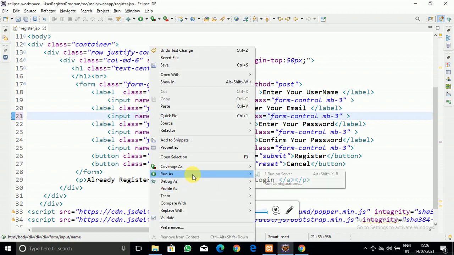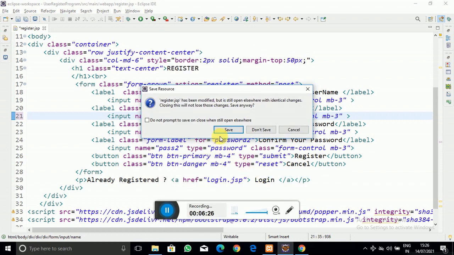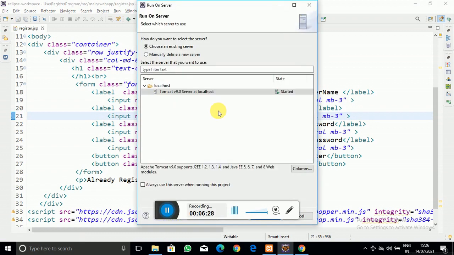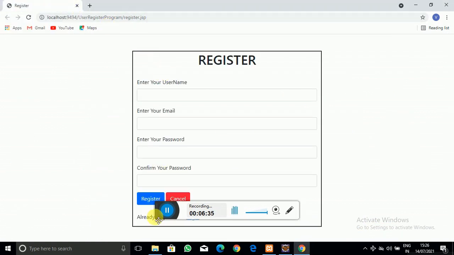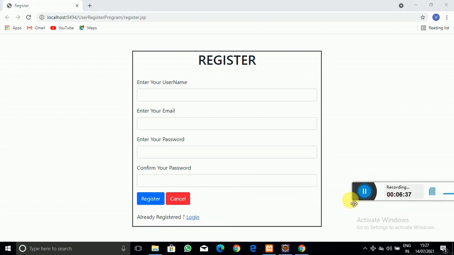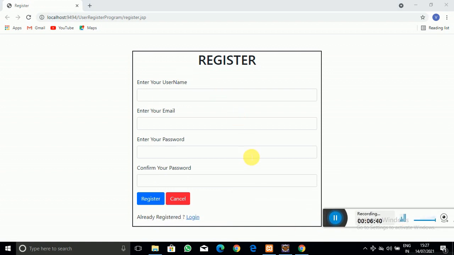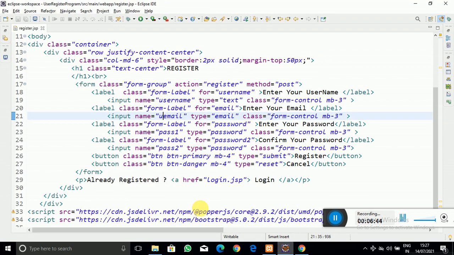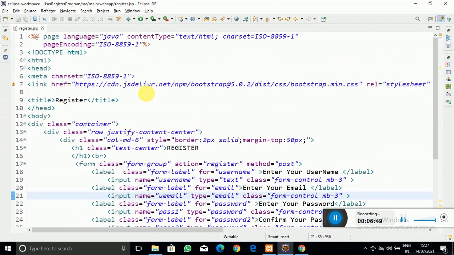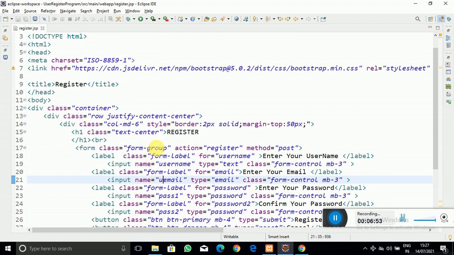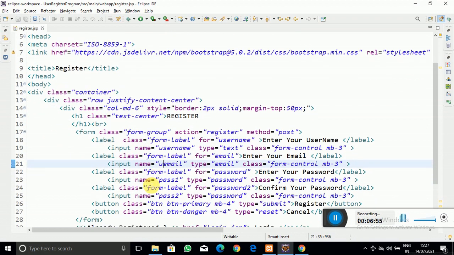By modifying this program, I am going to show you how the registration form will appear. As you can see, by modifying it with the Bootstrap framework, our registration form will look like this. What I have done is I have just added the Bootstrap framework to our website, and you can see that I have taken the container class and a 6 column structure for our form.